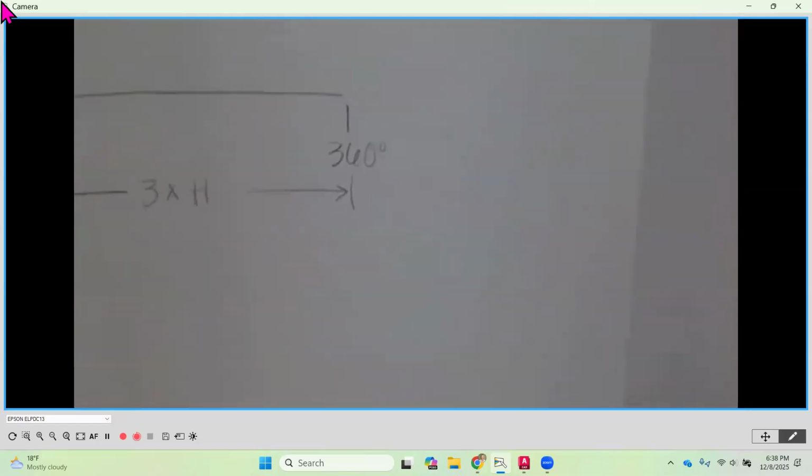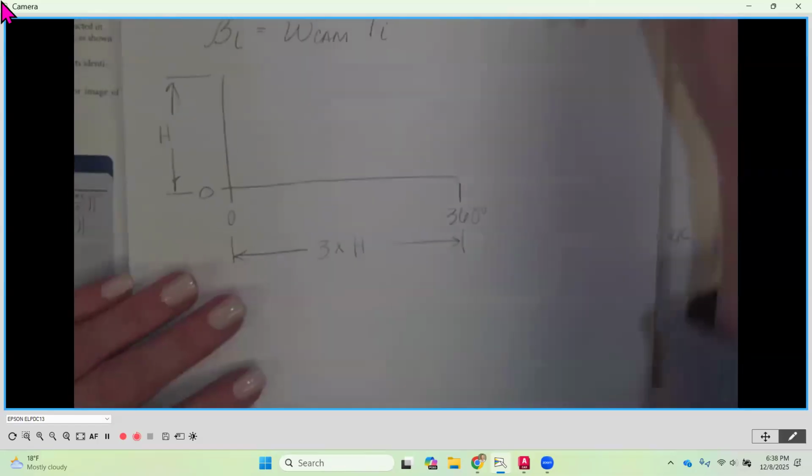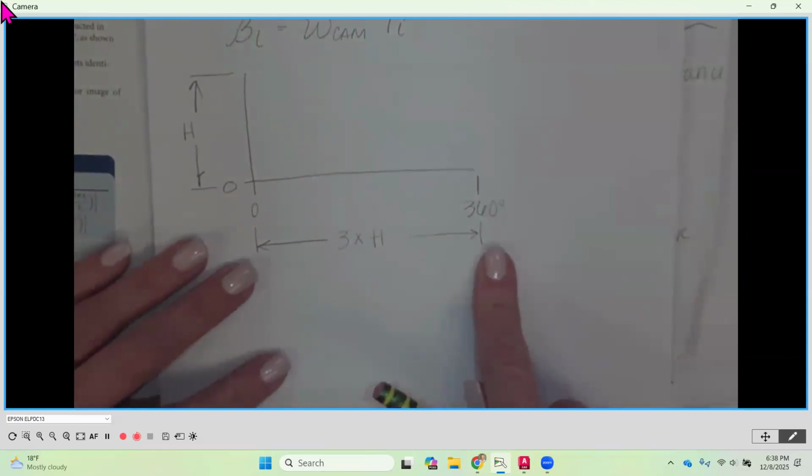Okay. And you're going to extend it, and that circle is going to go along that line. When you determine the length here, okay, this is going to be based on your beta. All right. So once you know, for instance, and we're going to do an example, so we'll go through this. Once you know how long this is,